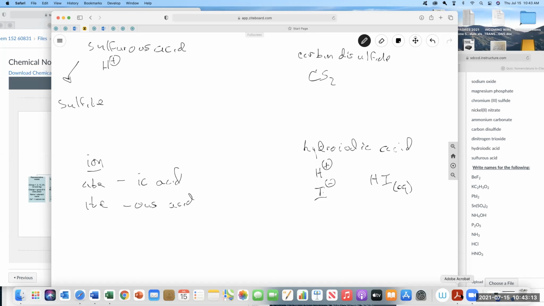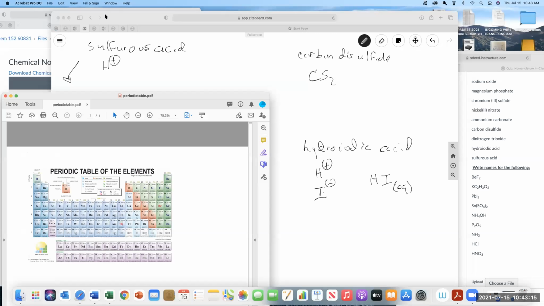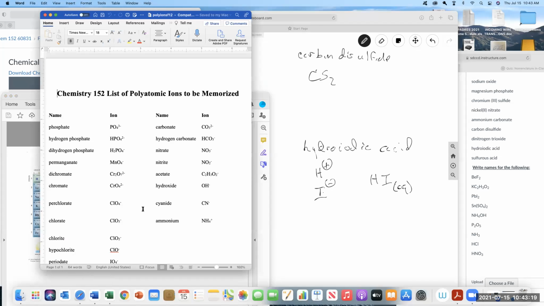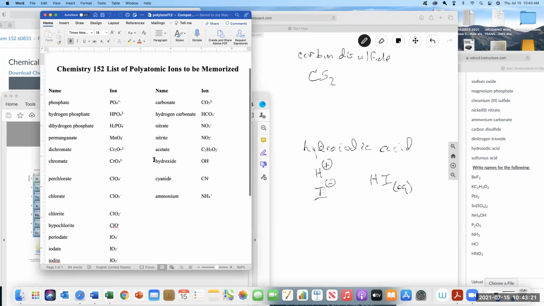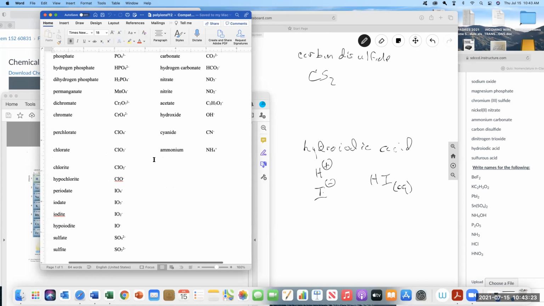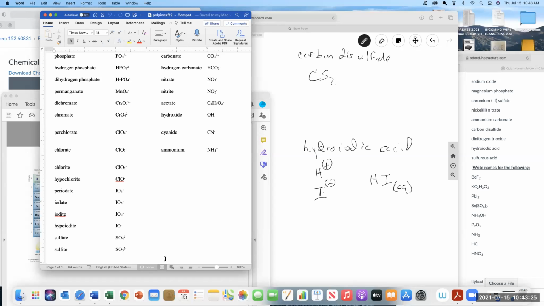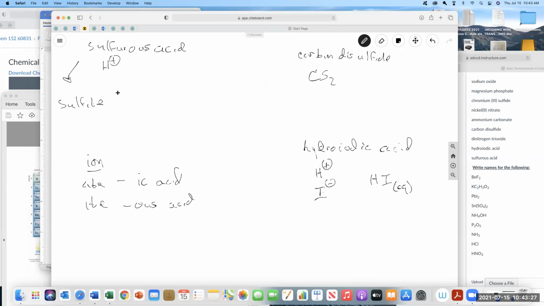Now, if you look at your polyatomic ions, that's a Word document. Let's see, it's right here. Sulfite, is sulfite even on here? Yes, it is. It's SO3 2-. Okay, so that's SO3 2-. So if you put these together, it'll be